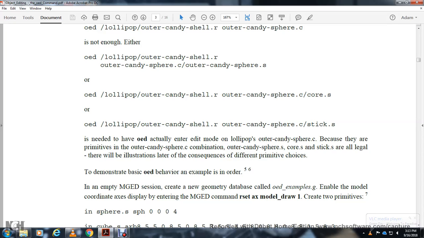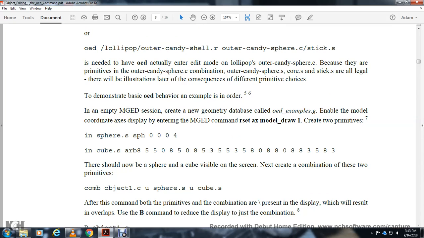To demonstrate basic object editing behavior, an example is in order. In MGED, we created a new geometry database called the Object Editing Example, and enabled the model coordinate example to display with the MGED command reset, axes, mode underscore draw 1. Create 2 primitives: a sphere as 3 vector, and X, Y, and Z axes, and continuation arbitrary would give you